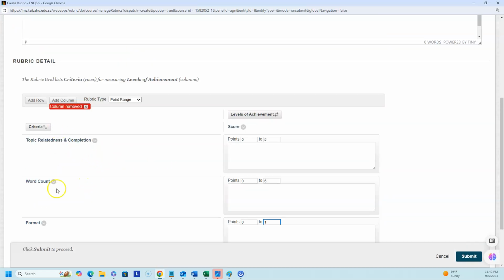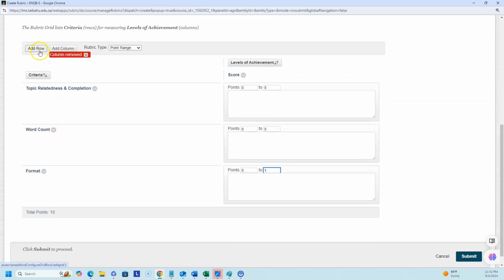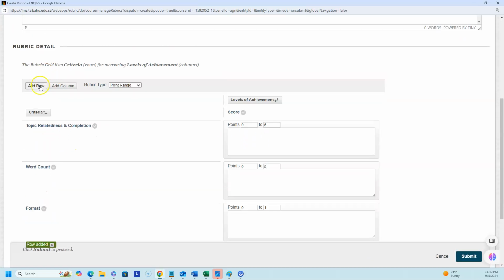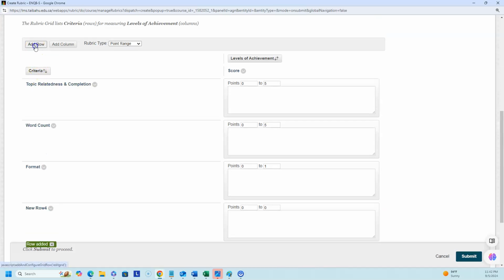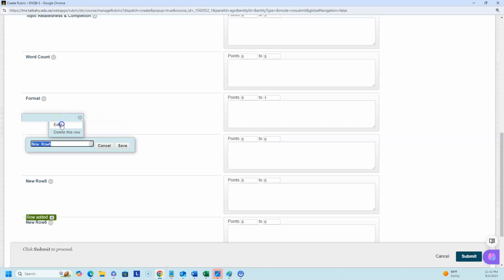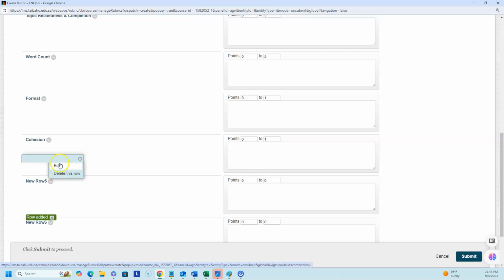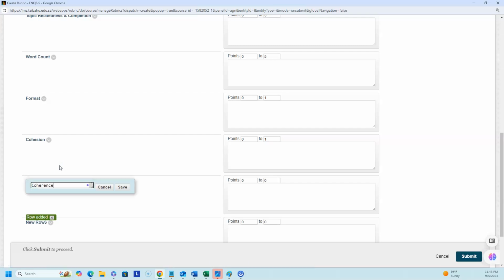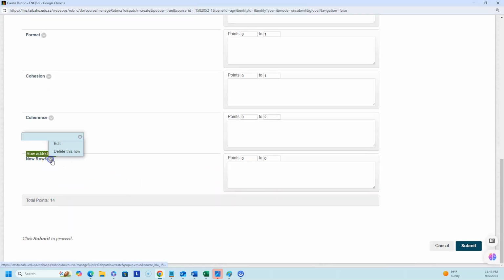Now we need to add more rows and add columns, or add rows. So you can do this. Continue to add rows as much as you need. Alright, so format, and then we have cohesion, which is up to 1 point. Then we have coherence, which is up to 2, right? Then we have vocabulary,